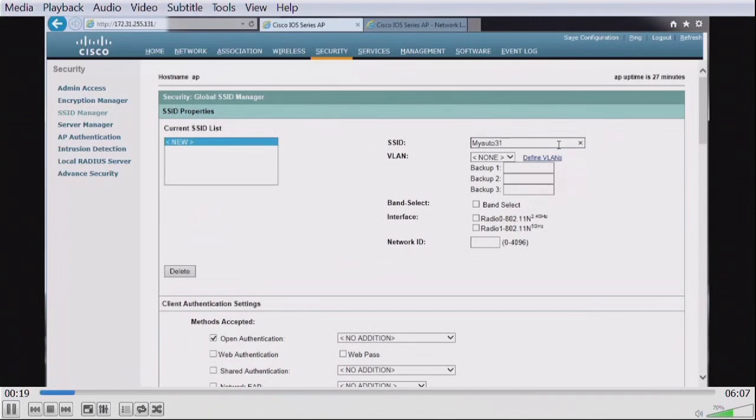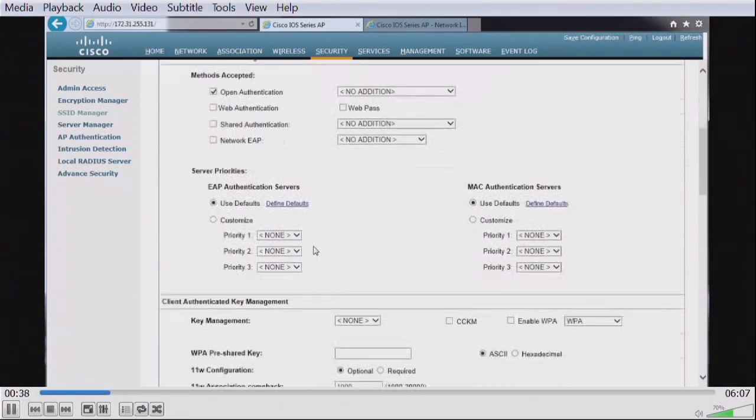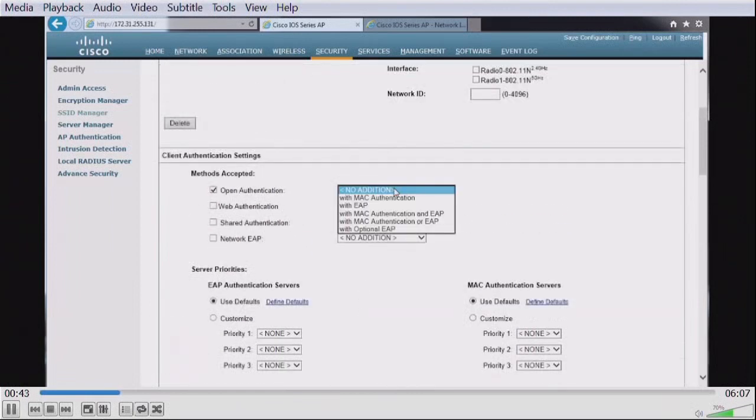So you have to configure an SSID first, and then I'm going to skip all these defaults about what VLAN you associate it to, etc. We'll come back to that in the next section, but what I want to focus on is this section. So authentication can be done with open authentication, and that's with or without EAP. You have the option to choose EAP. Open without anything else is just open, right? So there is no encryption. And if you choose to do that, you can still use WPA v2 because you'll be deciding on the encryption